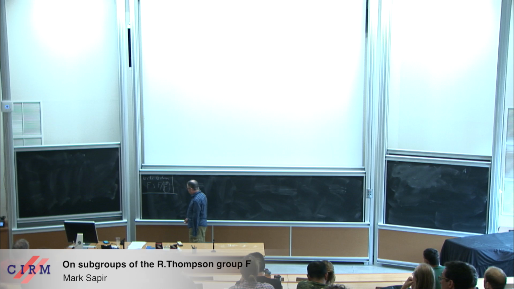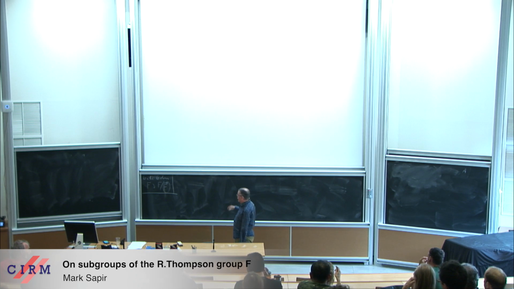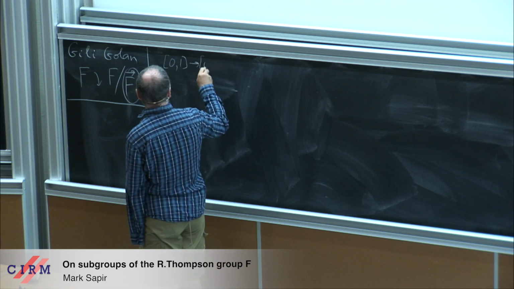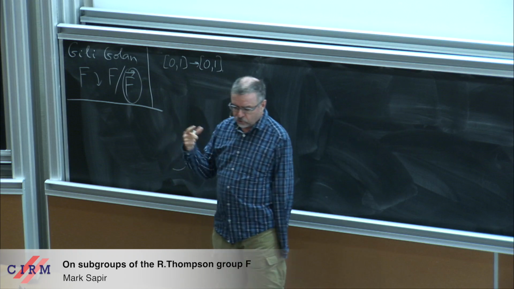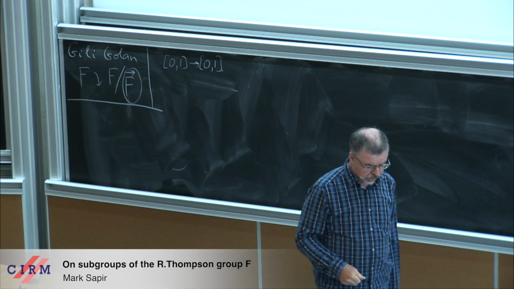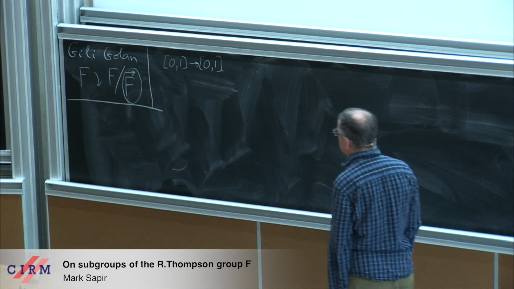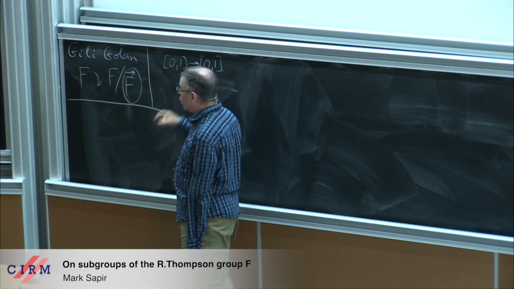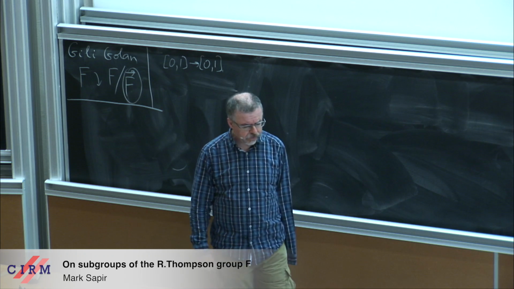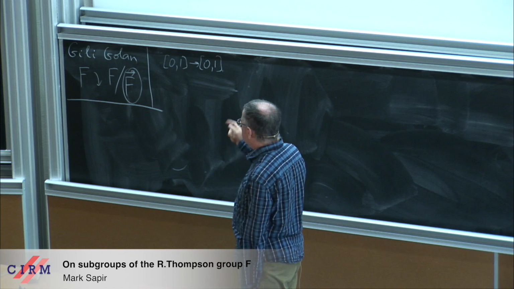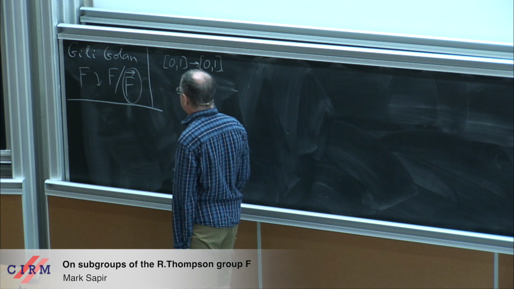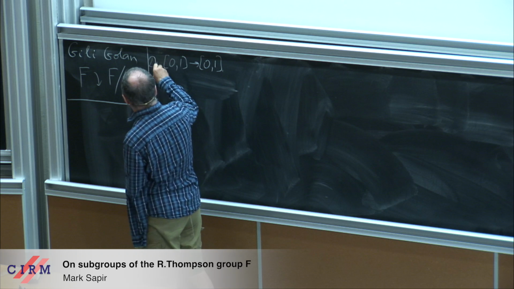Anyway, let me start with some general thoughts about F. What is F? There are many ways to represent elements of F. The most popular is probably by functions: piecewise linear homeomorphisms of the unit interval with slopes that are powers of 2. Breakpoints of the derivative are at dyadic rationals. This is what Von Jones was originally interested in, because he was actually interested in this group,